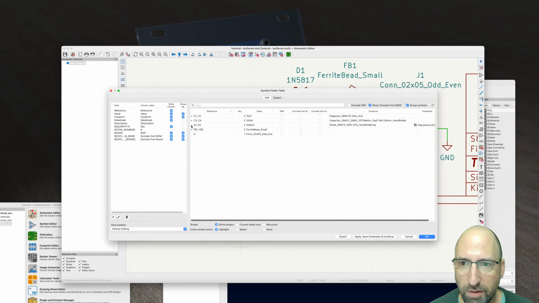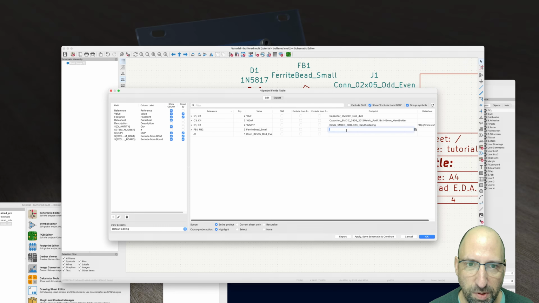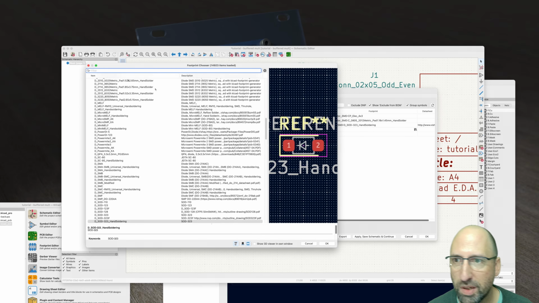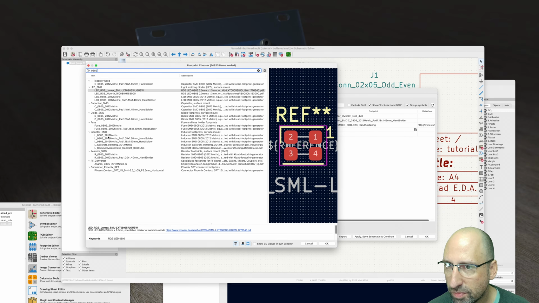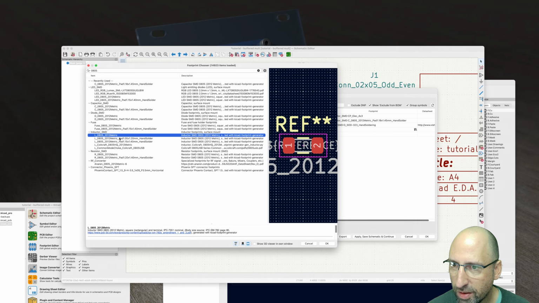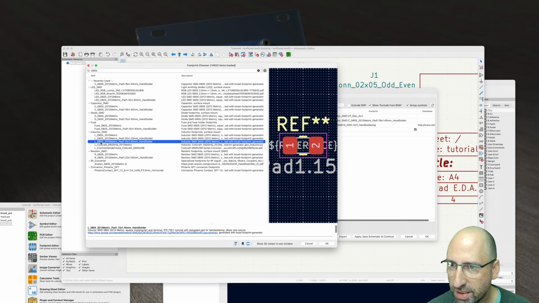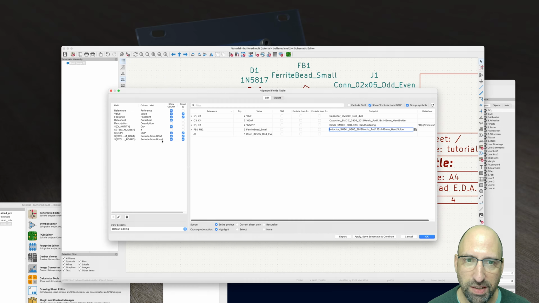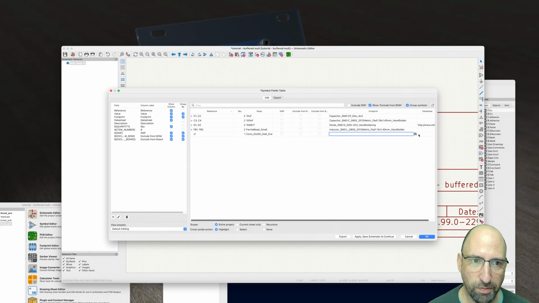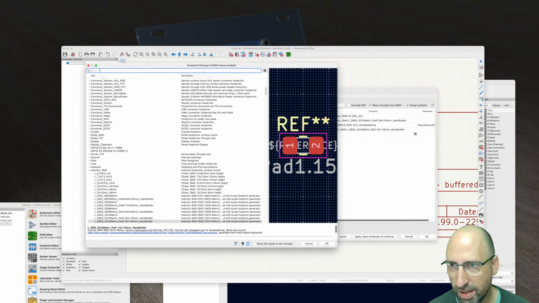Okay, so that would have allocated that footprint to both of those diodes, right? Same with the ferrite beads. Ferrite bead I'm going to select. Let's just choose an inductor. Hand soldering. That one looks easier to work with, so let's go with that. Okay, so my ferrite beads are now available, and then for the connector, I want an